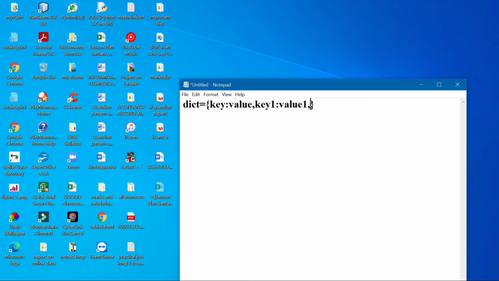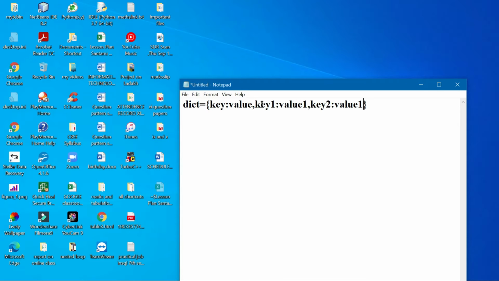Whenever you write different keys and values, between the items there will be a comma, which functions as a separator amongst the items.